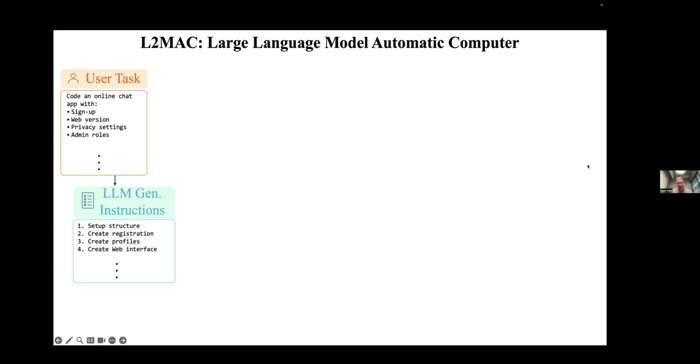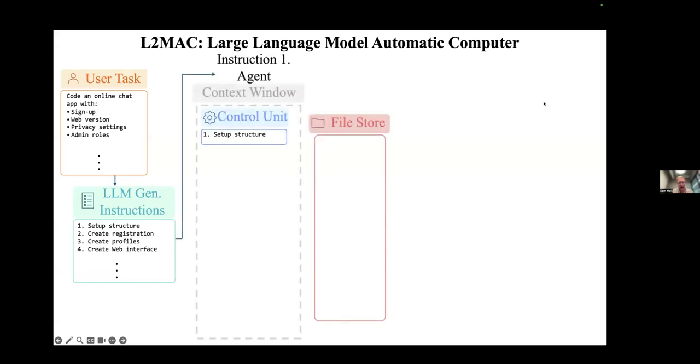In this case, steps very similar to a program inside a computer, hence the von Neumann architecture. So in this case: set up a structure, create registration, create profiles, and create a web interface. Of course, this is a simplified toy example. I encourage you to check out the paper or the website for a more detailed discussion of how this exactly works. But each instruction will then be loaded into a separate LLM, which has a fresh, clean context